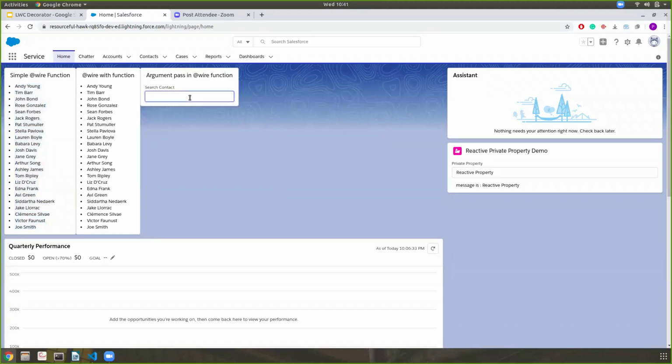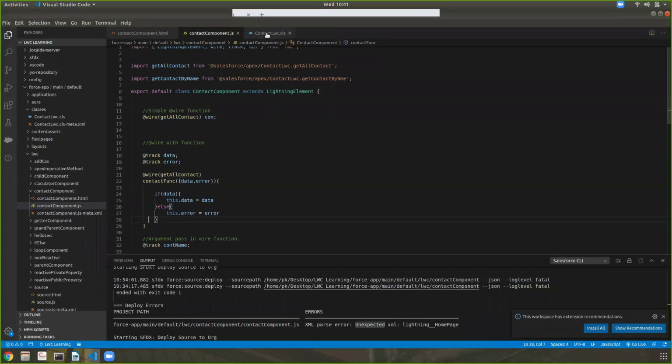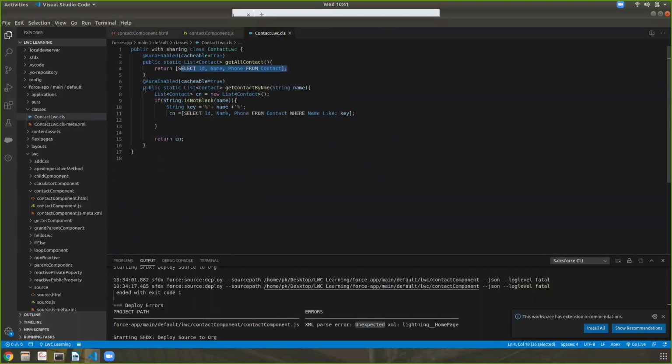This is the process: if I pass the name, it will return the list of contacts. First I have to show the class. This is my method. You have to enable cacheable=true if you use this method in the LWC. The getContactByName method takes a string name parameter, and a new list of contact type is created, with cn as the variable.